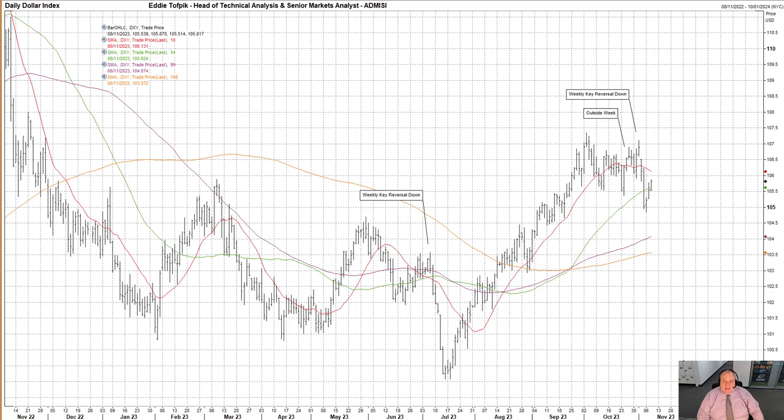First off, we had a weekly key reversal down in the dollar index last week. One could see it as an immediate counter to the outside week formed 2 weeks prior, yet much as last week countered the previous week's bullishness, this week the dollar index has so far countered last week's bearishness, though not to such a great extent as we saw earlier. This dollar negative pattern of weekly key reversals against the dollar last week in many other currencies has this week seen reactionary dollar positive moves in